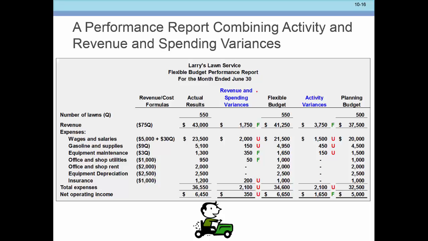This middle column is the difference between the actual and the flexible budget. That's giving us our spending variances. That's where we're going to dig in. That's where we're going to be trying to understand, okay, is it price or is it the amount of inputs that are driving this, right? And once we know that,